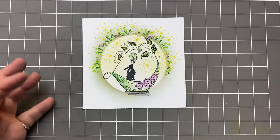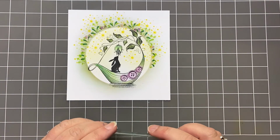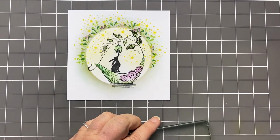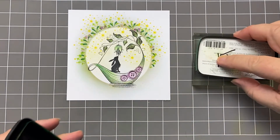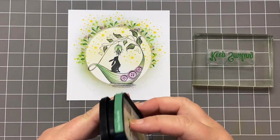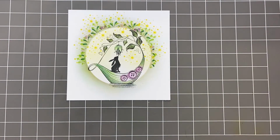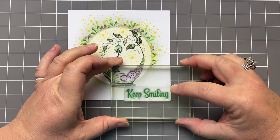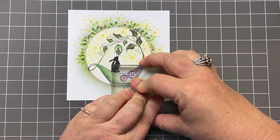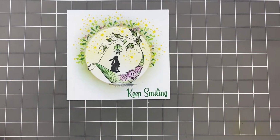Now, I don't often use sentiments on my stamps, on my cards, but this one I just thought, keep smiling. We all need to do that right now, don't we? So here we go. I'm using Verdant. But again, if you preferred that lilac colour, then go with that. I just think that with the amount of green in here, that green just grounds it really nicely at the